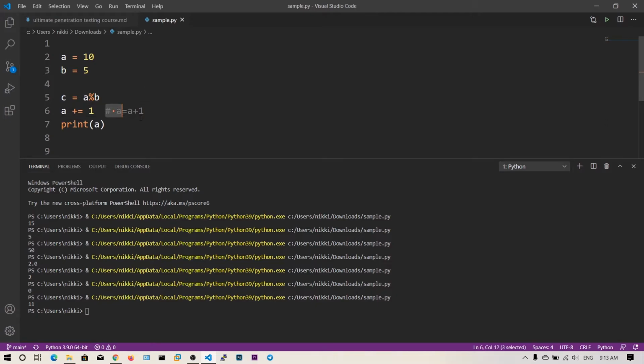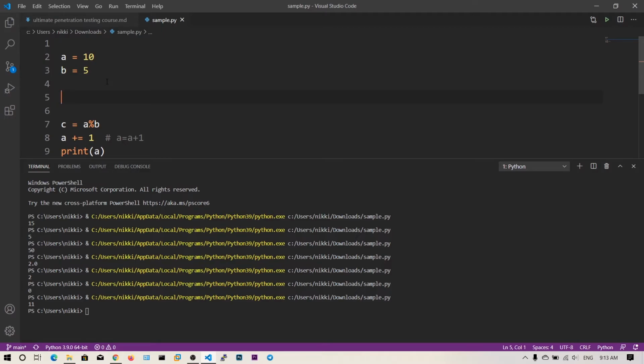And you can see this content has been grayed out, the line starting with hash, because this is called a comment, and comments are neglected by our Python interpreter; they are used only for understanding the code. If any developer wants to read your code, or you want to read any developer's code, it may be tough to understand at first sight. So that's why developers put comments to define what they are doing in the code.